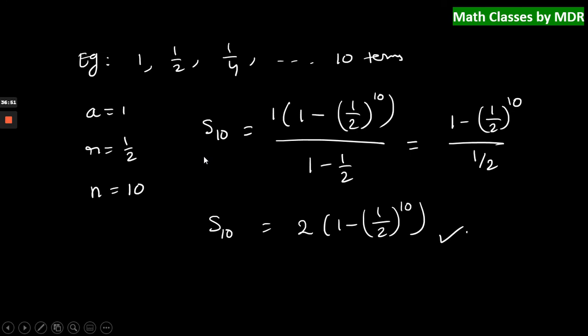The same formula can be used even if r is equal to 2 or minus 2, minus 3, plus 3, whatever. So we have discussed the infinite series in arithmetic progression. Can we get the sum of the infinite terms in geometric progression? Yes or no? Does it converge or diverge?